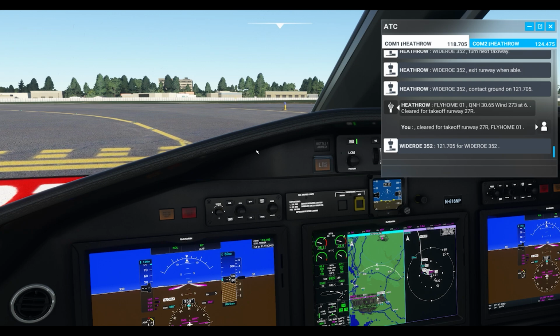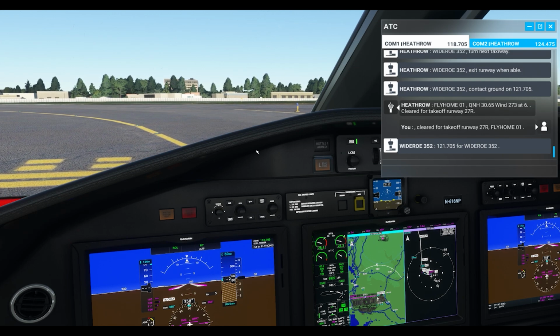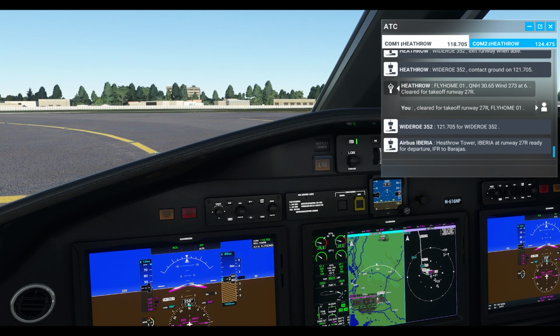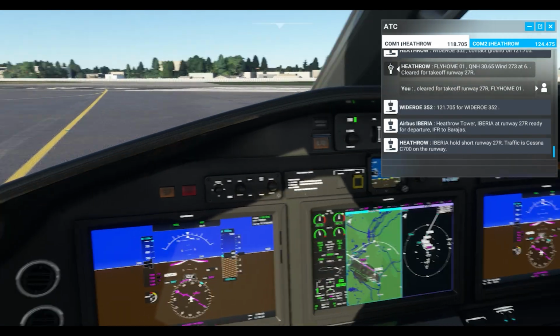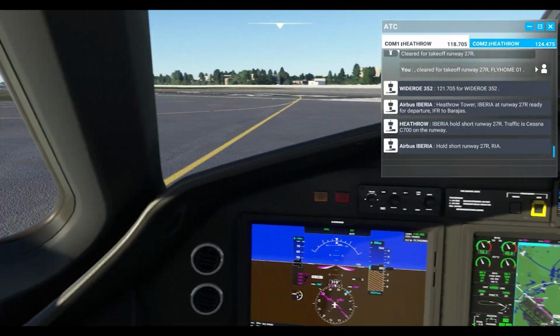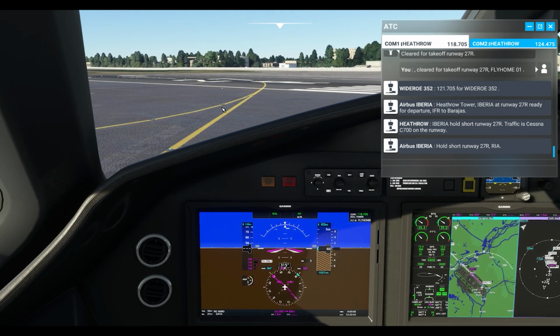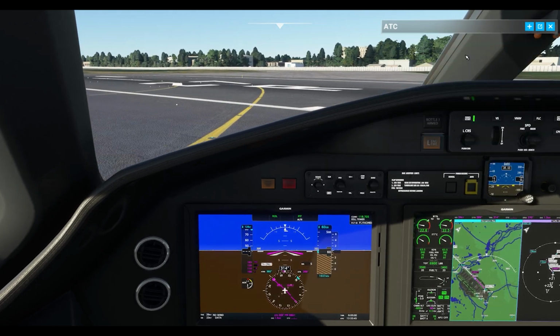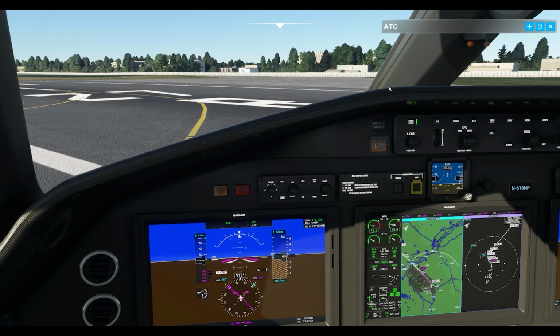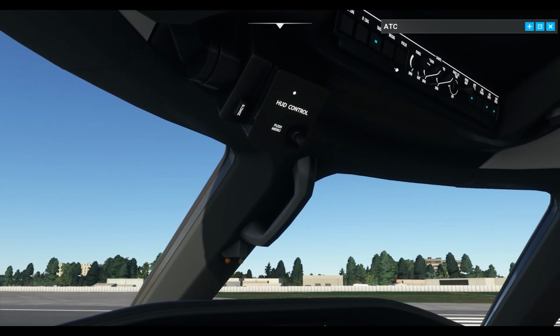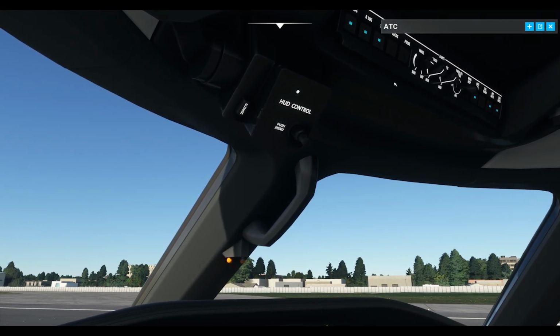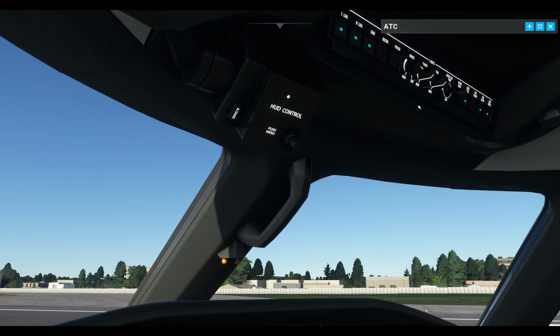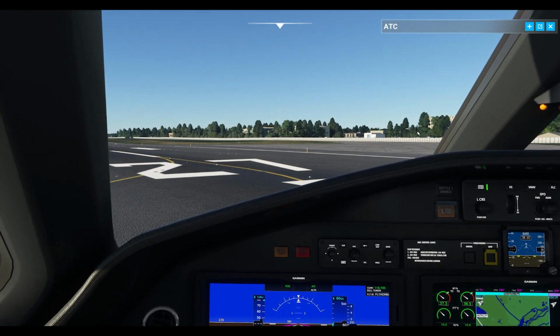121.705. We may have completely the wrong QNH set on there. One second. Heathrow Tower. Thought those altimeter figures looked a bit weird. Okay, let's get some lights on. They really need to make this airplane a little bit more free rolling on the taxi, because